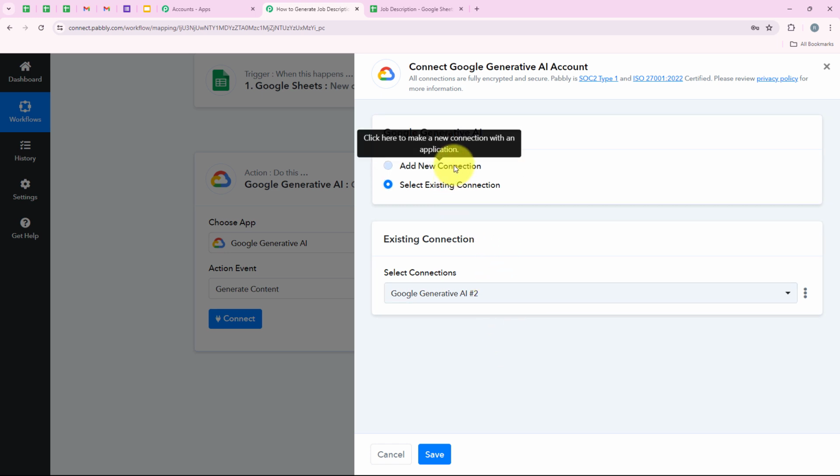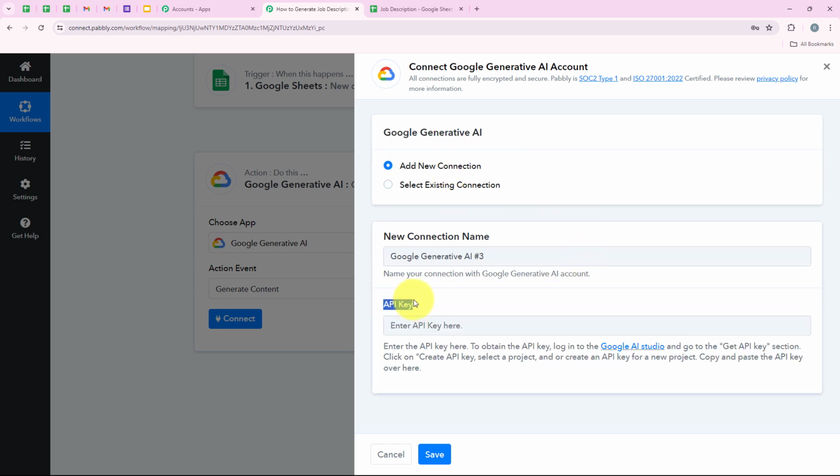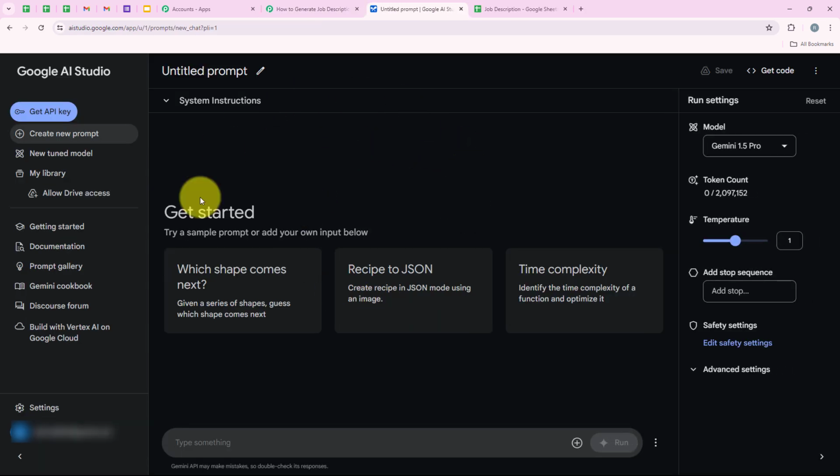Click on add a new connection, and now it is asking me for the API key, and over here in the help text you can see that it is saying enter the API key here. To obtain the API key, log into your Google AI Studio and go to the get API key section. So you are going to click on this hyperlink to log into our Google AI Studio. So I'm going to click on this hyperlink, and now you can see that it is opening my Google AI